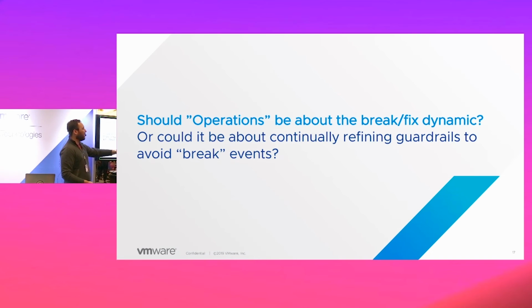Or should it be a little more proactive, right? Should it be a little more about those policy statements and those guardrail values in terms of how we're thinking about bounding the environments we put our applications in than it is about figuring out why container 76 on host 8 had a storage problem yesterday, right? There will always be some of that. There's always going to be stuff that breaks. But if our whole operational procedure is about that,